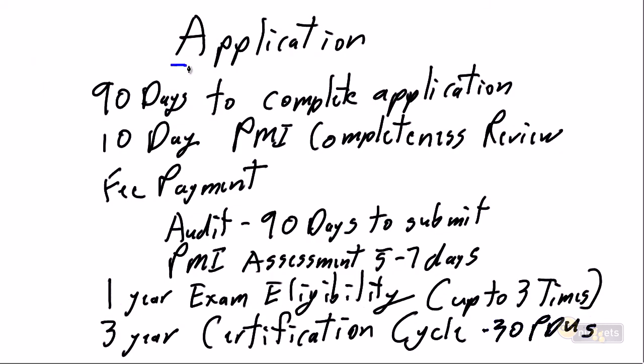So once you've convinced yourself that you have all of the qualifications, that you have the time, you have the 2,000 hours and you have the 1,500 hours and you have the 21 hours of training, it's time to submit your application. The application is typically submitted online at www.pmi.org, and from the point in time when you first start to fill in your application to when you complete your application, you have 90 days. Now you may say, why so long? Again, it's to give you the